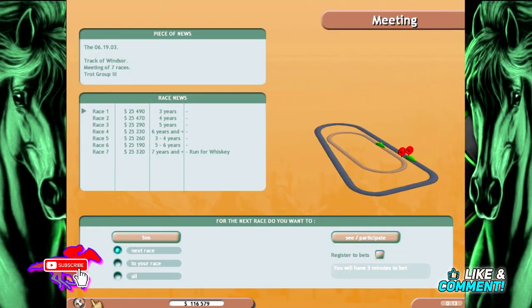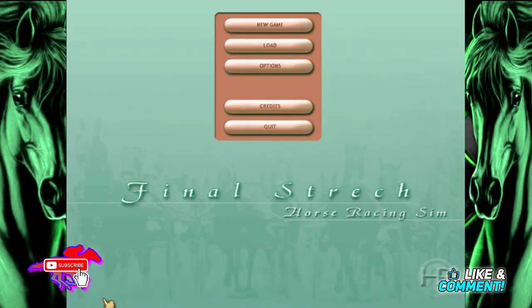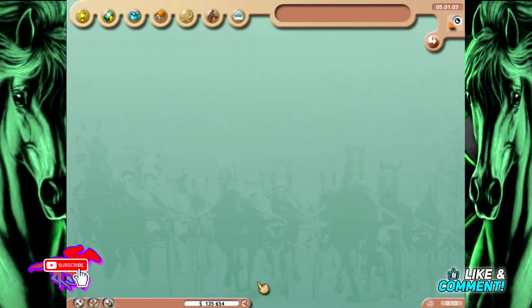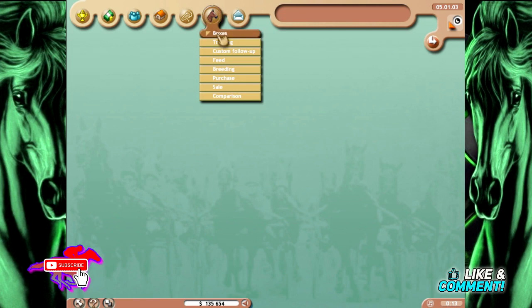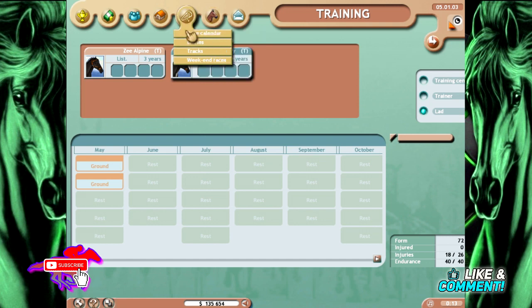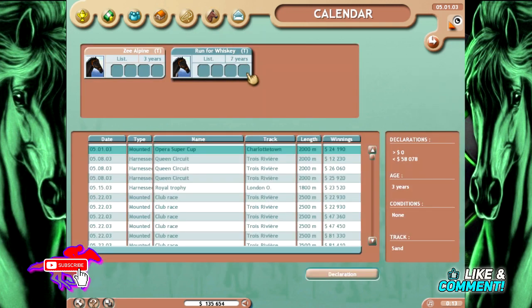So we have Run for Whiskey. And actually before we race, let's go back to the main menu. Oh, I didn't mean to do that. Did it save or did it just log me out? Are you kidding me? Did it really just send me backwards? Oh, that's so annoying. Wow. I just wanted to double check some progress, but I guess once you get to the race week, if you go back, it's sending you to the...